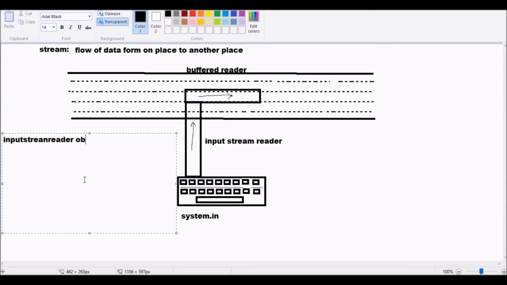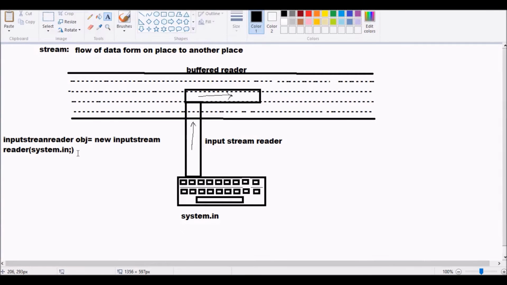So we will create one object, is equal to new InputStreamReader of System.in. Now we have successfully connected these two, that is InputStreamReader and the keyboard.